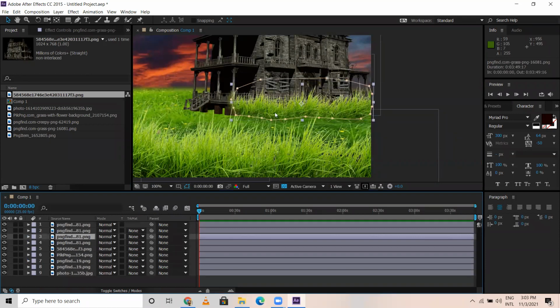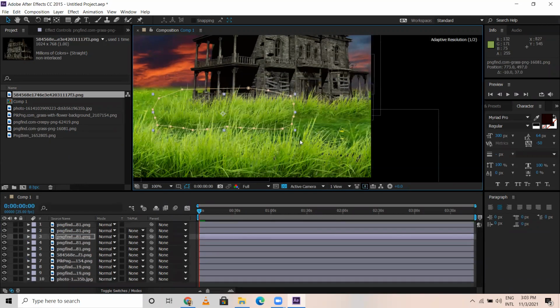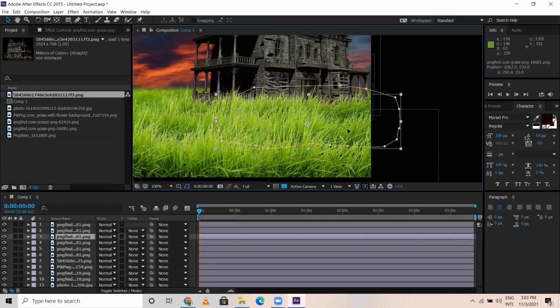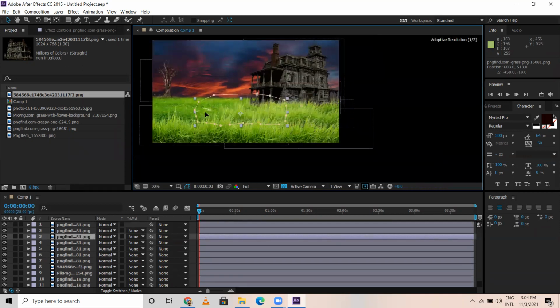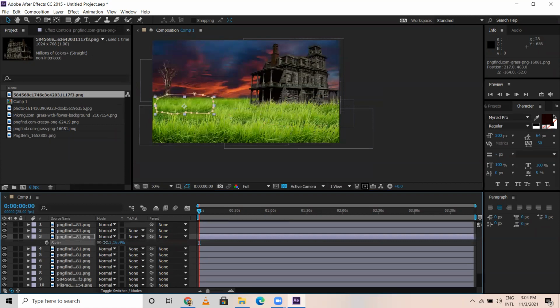I'm gonna duplicate this again, and I'm gonna place it over here. Again, I'm gonna duplicate this. I bring it a bit down. I can scale this a bit, like this, a bit down. I duplicate this one over here. Again, I can duplicate this one, place it here, a bit down. Again, duplicate one over here. I can scale down a bit so that it's behind.